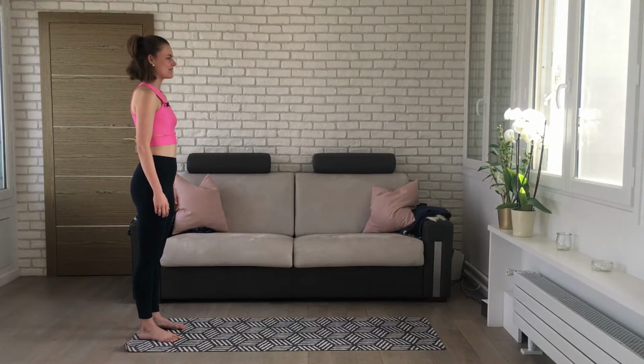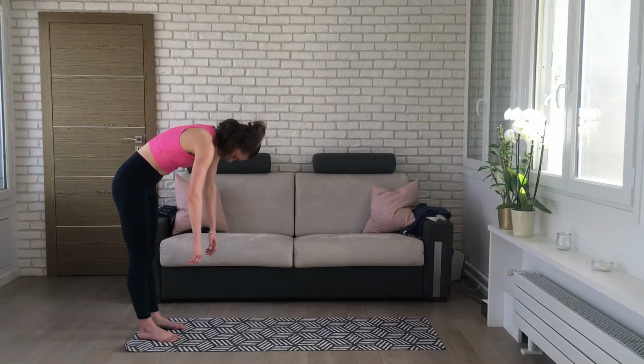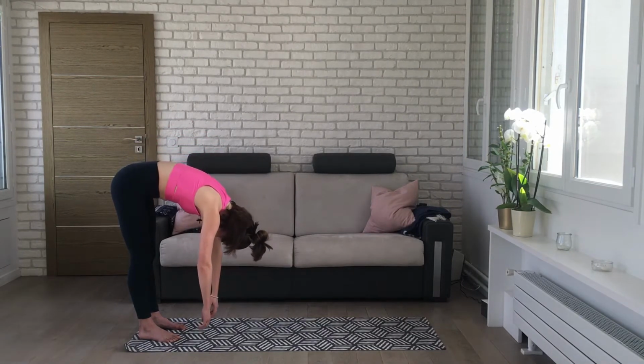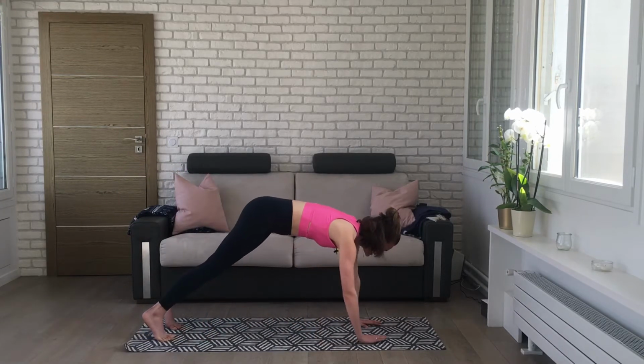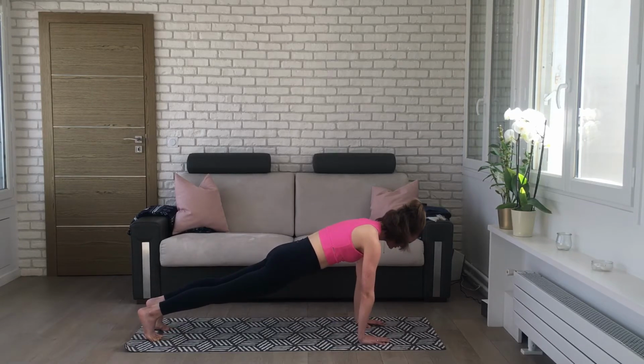Here we go. Breathing in, on the breath out. Chin to chest. Shoulders come forward. And we're coming down, we're coming down. Head is heavy. I'm bending through my knees and I'm going to walk out into my full plank. So I'm just making sure that my hands are under my shoulders, or if you're down on your forearms, your elbows are under your shoulders, and my hips are creating this lovely long line through the body,